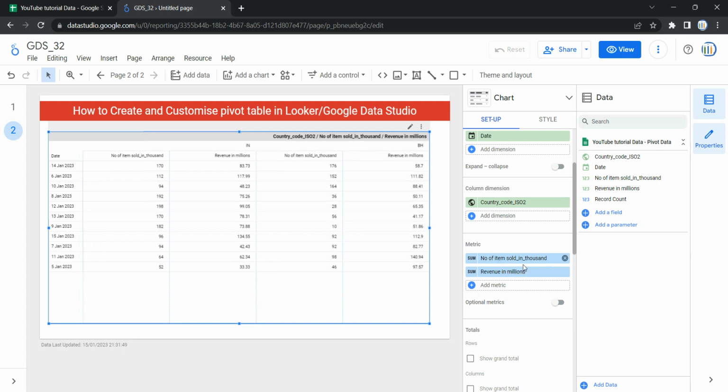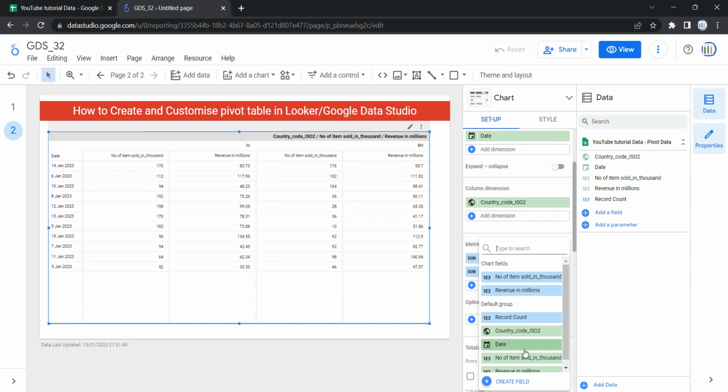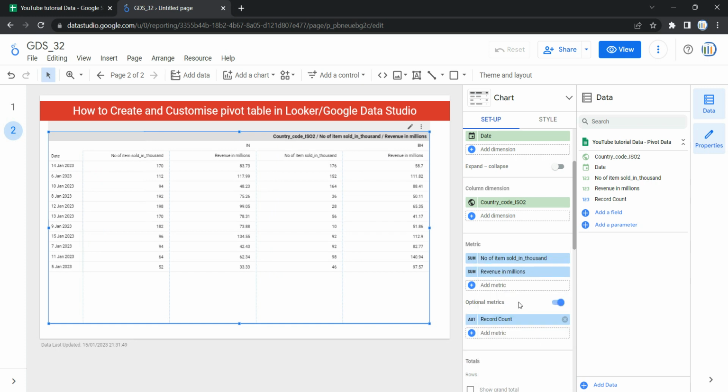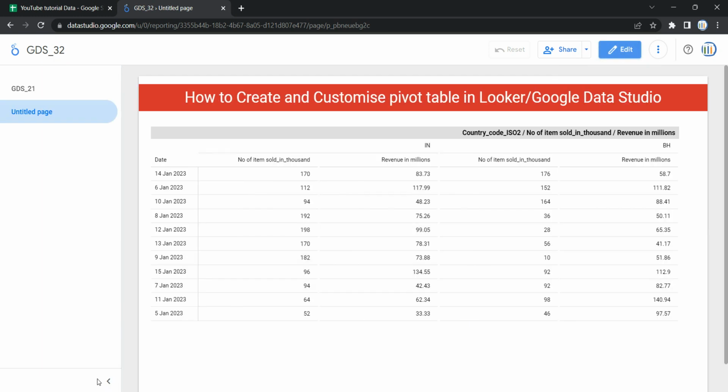Now the next option within this metric is this optional metric. With this optional metric, we can define a list of additional metrics that can be displayed by the table. For example, if I want to show the record count, I can add a metric and say show me record count. But this optional metric will only work when you select that optional metric to get reflected on your pivot table. So let me go and click on view, and as you can see over here